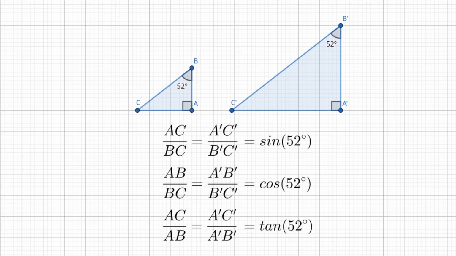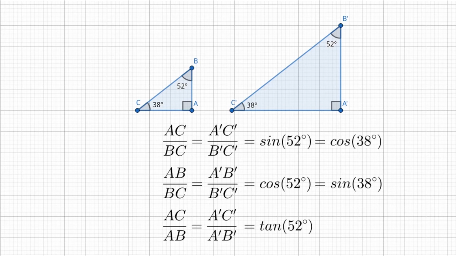Now one other interesting property about sine and cosine in particular: if you notice these 52 degree angle triangles, take a look at the angle BCA. That one is 38 degrees because the angles in a triangle have to sum to 180. So when we say that AC over BC is the sine of 52 degrees, we can also look at the other angle in the triangle, the 38 degree one. For that one, AC is adjacent and BC is still the hypotenuse. So that would be adjacent over hypotenuse for the 38 degree angle, or cosine of it. And similarly, AB over BC would be opposite over adjacent relative to the 38 degree angle, so we'd have that be sine of 38 degrees.